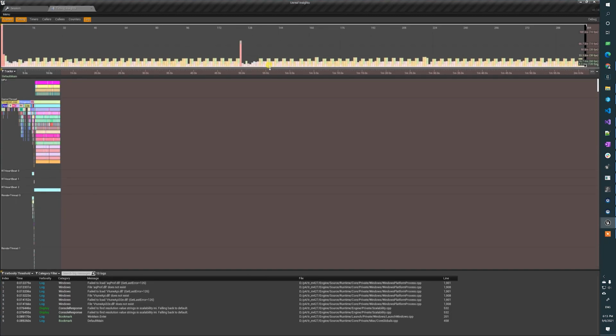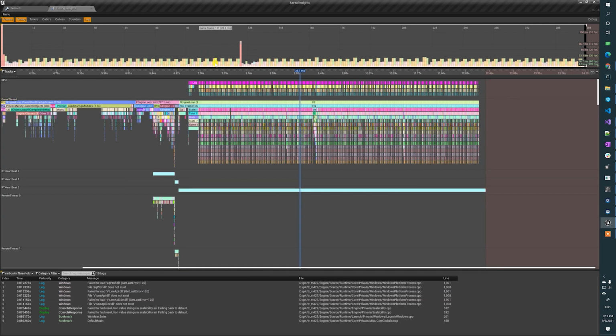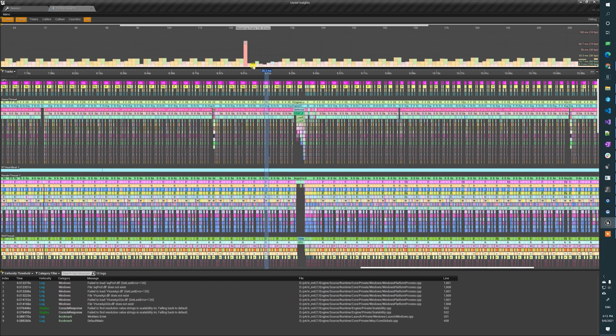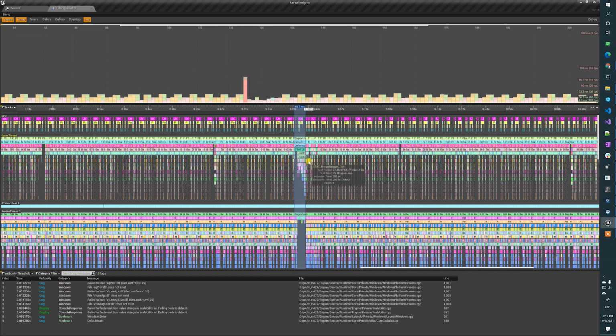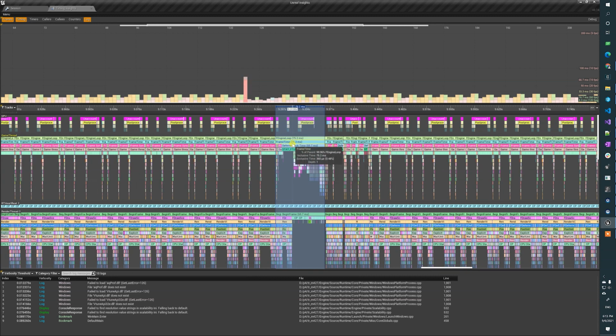So as you can see, this panel is populated with the frame durations. You can click on the different frames and it'll start selecting the frames in your tracks panel. And the color here just means that it was more than 30 frames per second, like it took longer than that. As you can see, it took more than 66 milliseconds. And you can see there's a different color on the bottom and on the top. So if you click on the bottom one, that's going to highlight the render thread section. And if you click on the top part, it's going to select your game thread section.